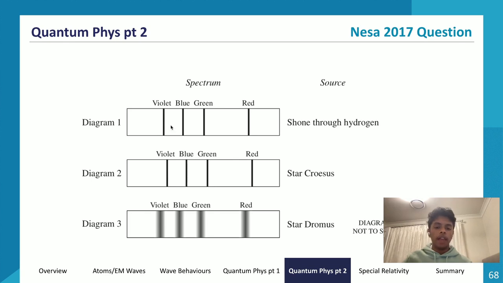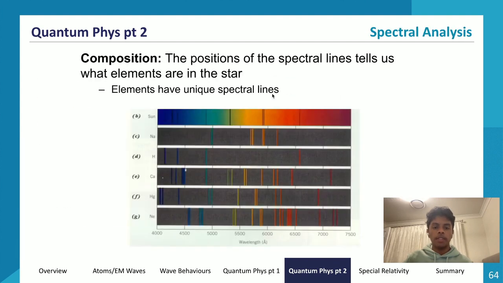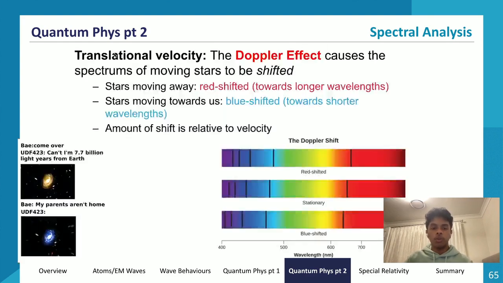If you look now at the pattern of the elements, so the pattern of the bands in the spectrum for hydrogen in diagram 1, we can see that this pattern is emulated in diagram 2 and diagram 3. Although diagram 2 is more towards the right and diagram 3 is wider and a little bit towards the left, they have the same pattern. What does that mean? Well, if they have the same general pattern of spectral lines, that tells us that the composition of all three stars are the same.